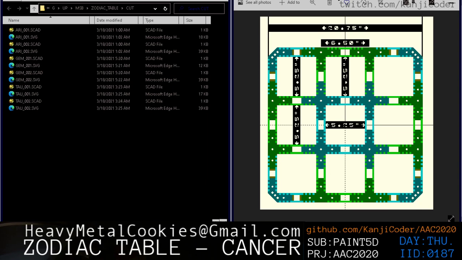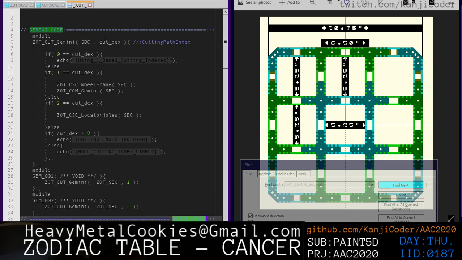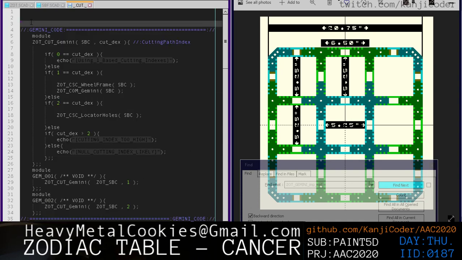So, as I was looking at images, I was trying to think about how we're gonna do this code. And I think that the Cancer symbol could be geometrically made as 3 circles, and then with some cropping. So, first thing we're going to do is just duplicate this section of code. And then anywhere we see Gemini, we're just going to replace that with Cancer, right? And I know that's kind of hackish, but